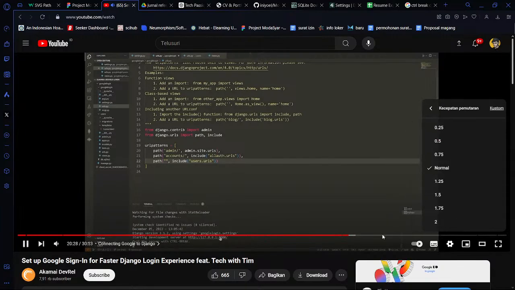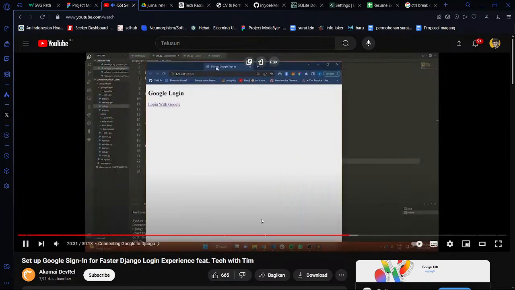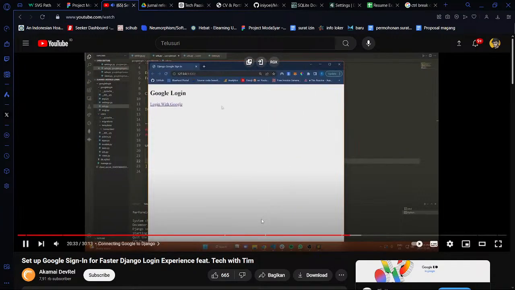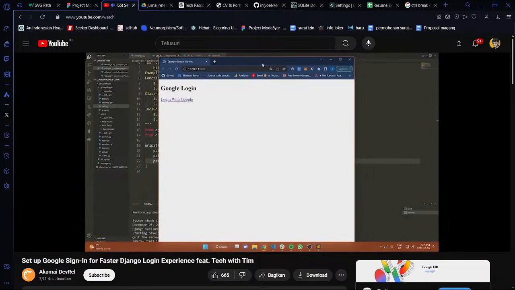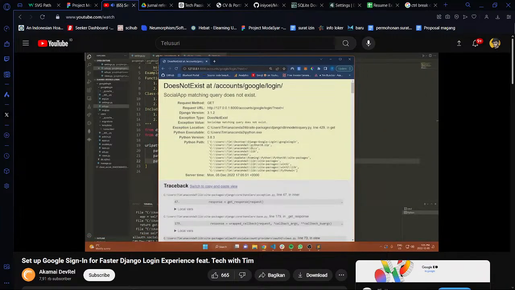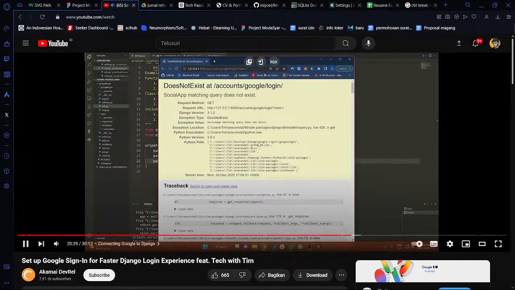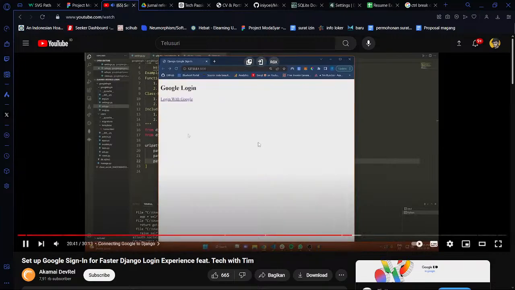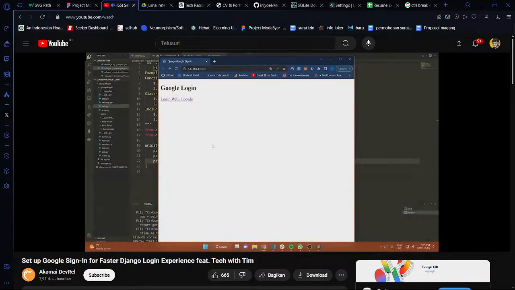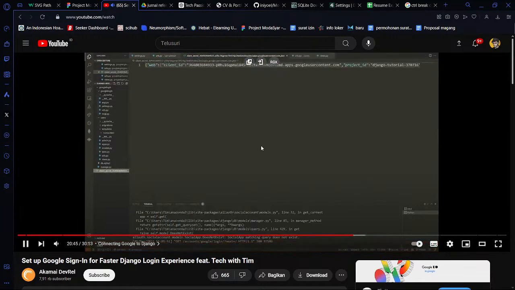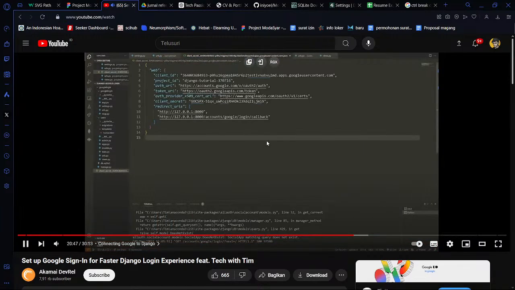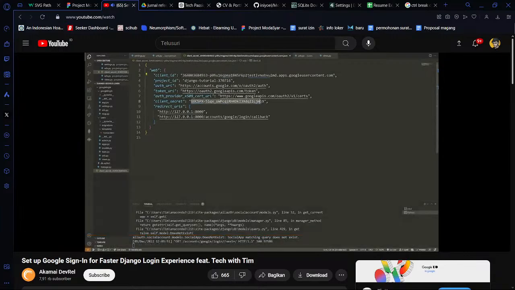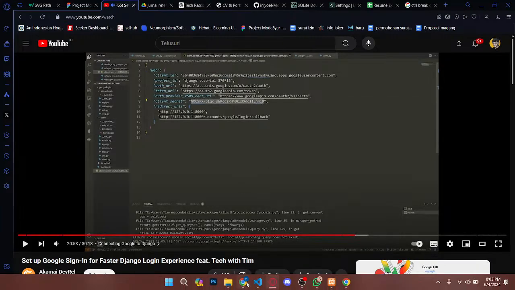Okay, so now our server is running. I'm going to open up this URL, and notice that we're brought to the home page where we have Google login. Now we're not quite ready to click this right now. You can see if I do this and I get an error, and the reason for that is we haven't hooked up our Django site here to our Google credentials. So notice we have our client information here. Let me just save this so it auto formats. We have our client ID and then our client secret. This is what we actually